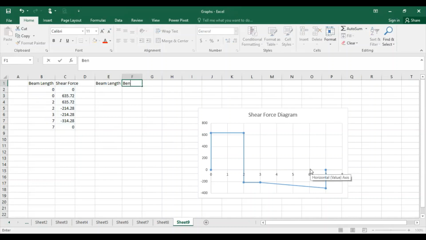And there is bending moment. I will add this graph again on it, and if you want to draw it separately you can draw it as I told you earlier in my video. So I am moving towards the beam length. First is 0, and at 0 the value is 0,